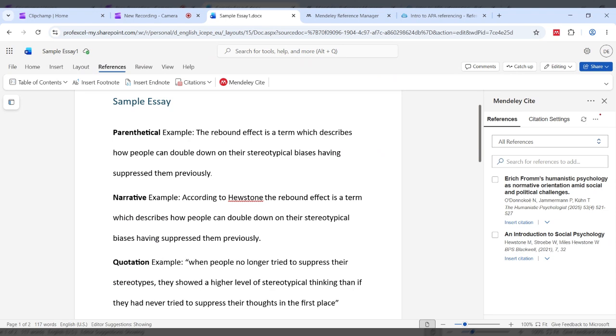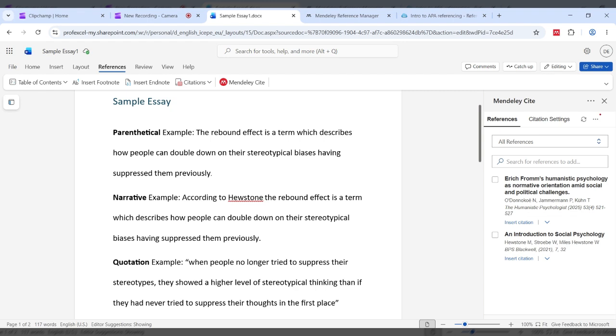For information around parenthetical versus narrative, you can take a look at our referencing guide, or the APA website has a good description of the differences, but it'll become clear when we do our in-text citations. They're just two different ways of displaying an in-text citation, I suppose, and working it into your assignment.